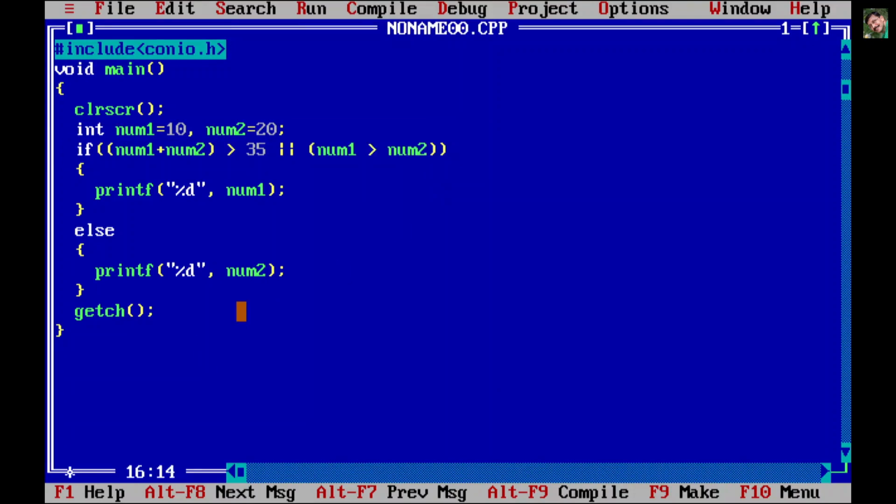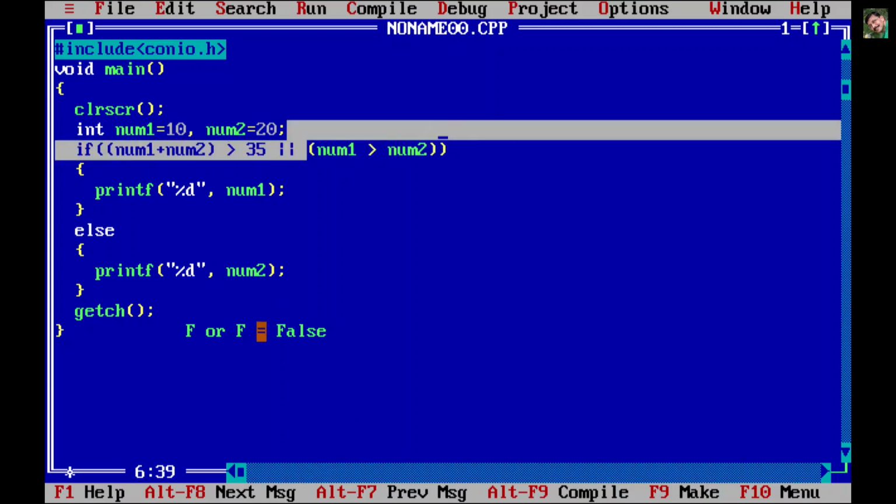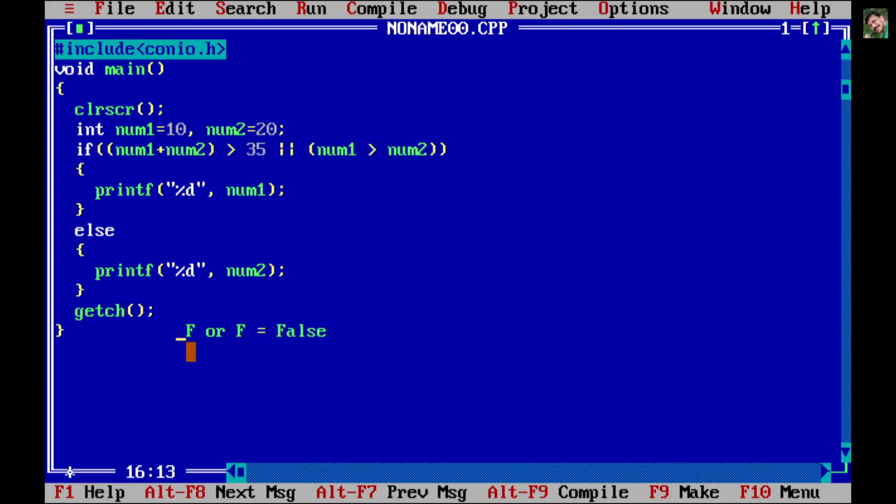So let me write here to explain to you. With or, it happens like this: false or false is equal to false. First condition false, or, that is this or, second condition false, then the final if statement will be false. In the rest of the situations it will be true. So if it is true or false, the answer would be true. If it is false or true, the final answer would again be true. And if it is true or true, the answer obviously would be true.